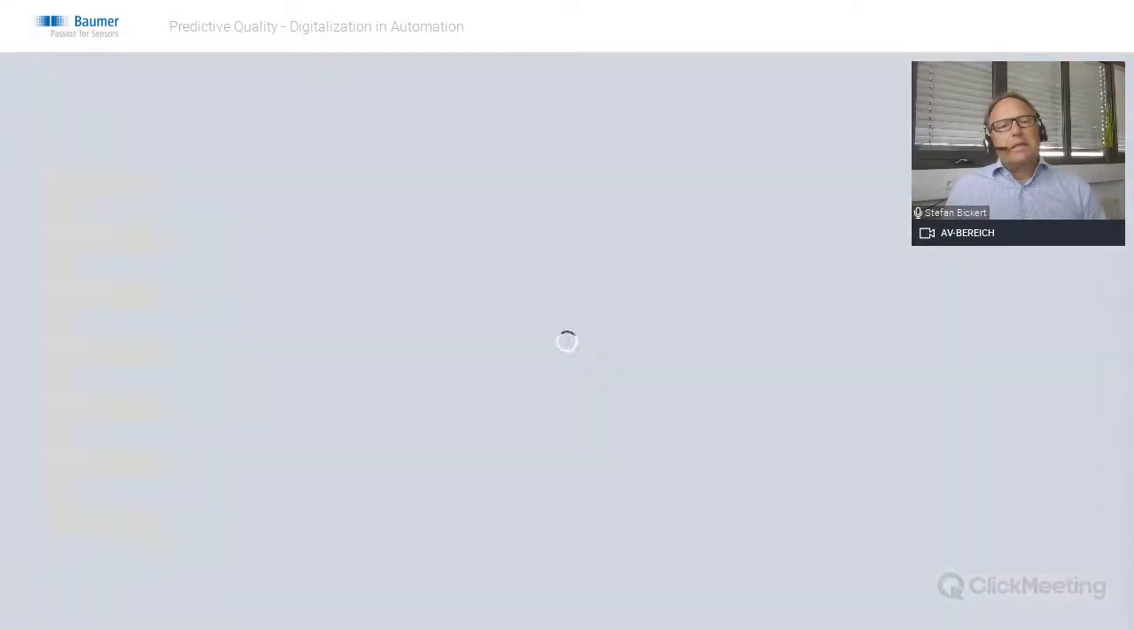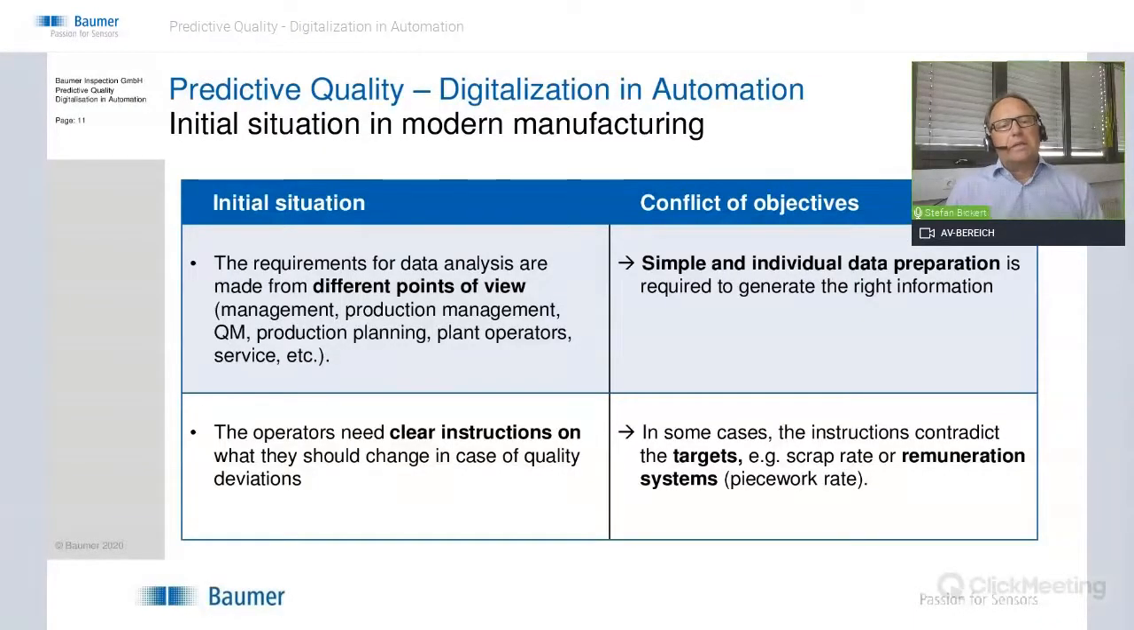The next situation we are in is the requirements of data analysis. You will do that typically from different points of view. If you are the user who is running the production right now, he has a totally different view of the current production than, for example, the production manager. He is maybe responsible for the complete production, maybe not only for one line, maybe for more than one line. The quality manager is in close interaction with the end customer, and he has a different view of the data,